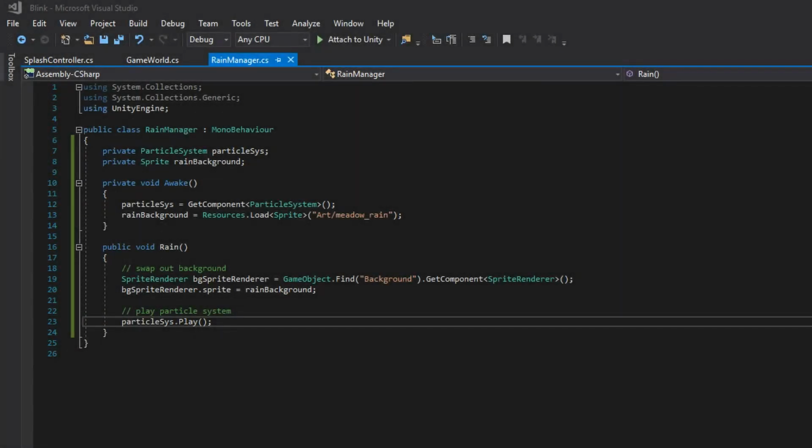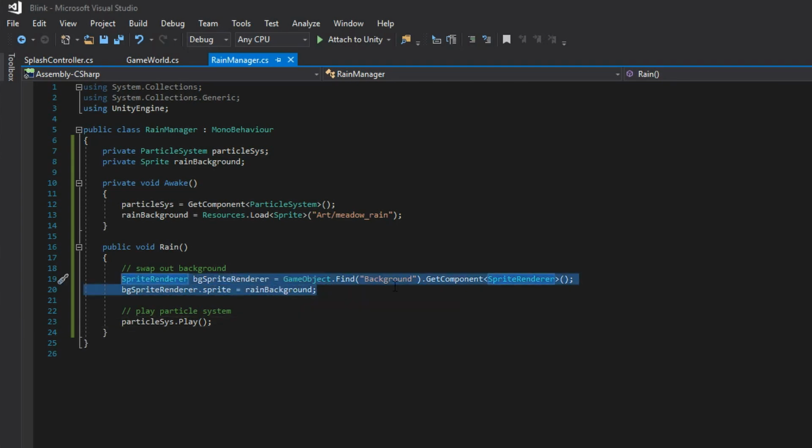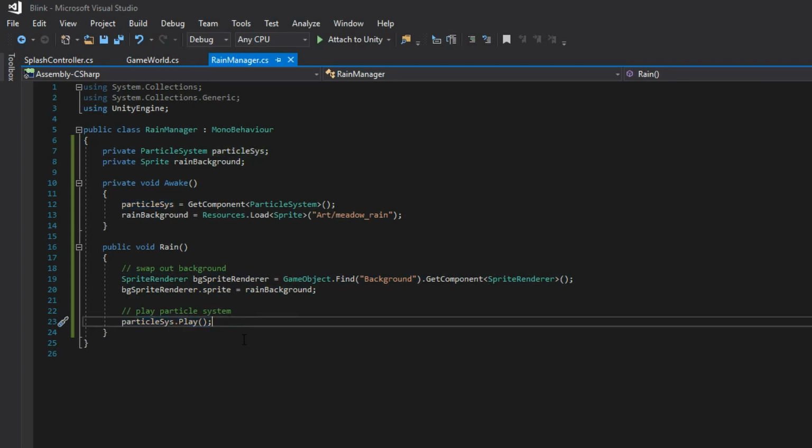So I just finished coding everything up, and I think it turned out really well. None of this was that complicated. I've got our Rain Manager class now that basically just grabs a reference to the background sprite renderer and swaps out that sprite, and also plays the particle system. Soon this will also be in charge of playing the sound of rain as opposed to the sound of crickets